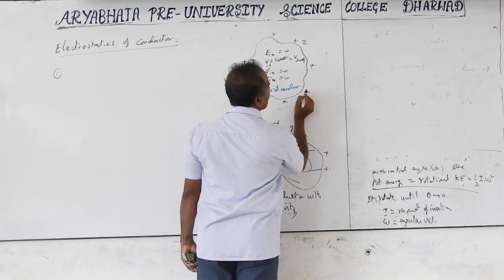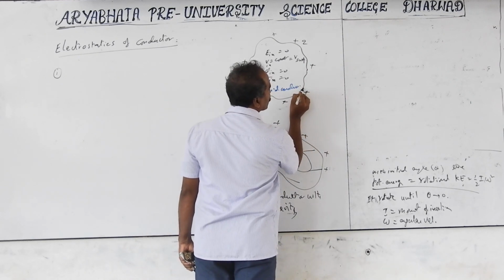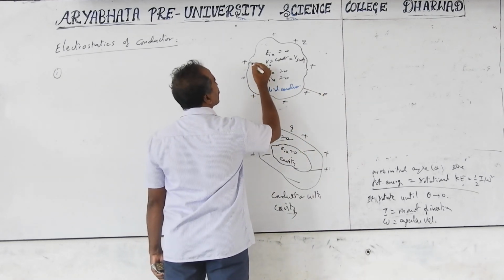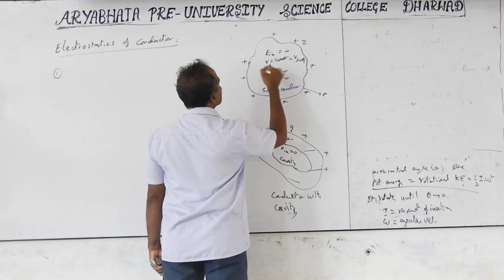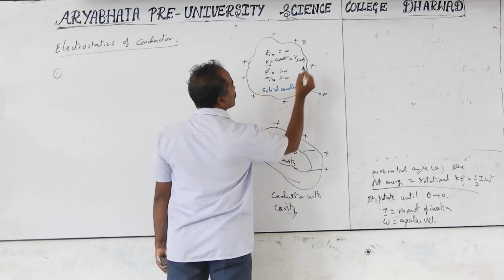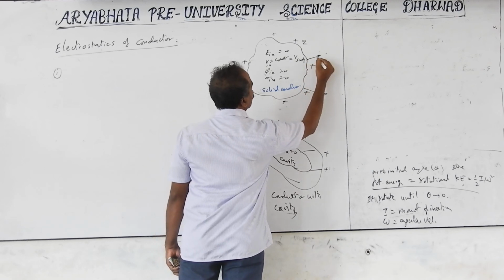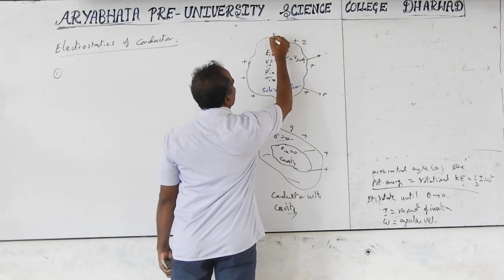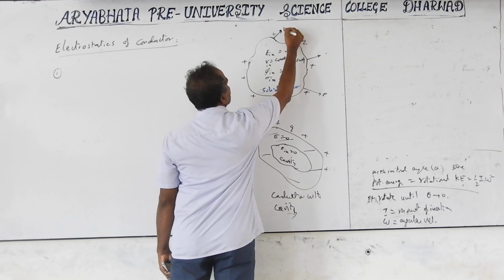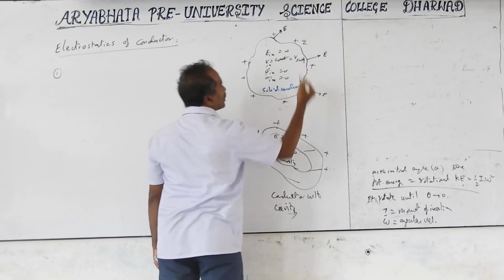Next, the electric field starts from the surface onwards. The electric field is always normal to the surface. Even if the surface is curved, the electric field is not tangent and does not make any angle to the surface. Everywhere you take the electric field, it is normal. Here it is curved like this, so you take the tangent and then the normal to it. That is the direction of the electric field. The electric field value may be different because